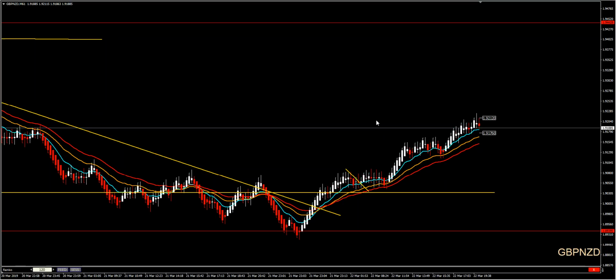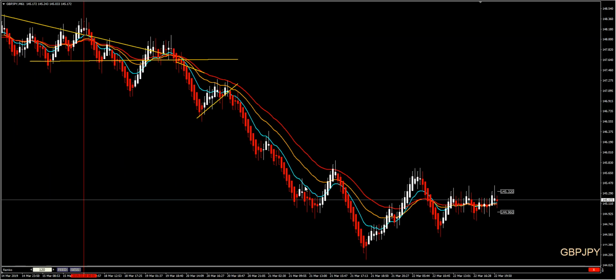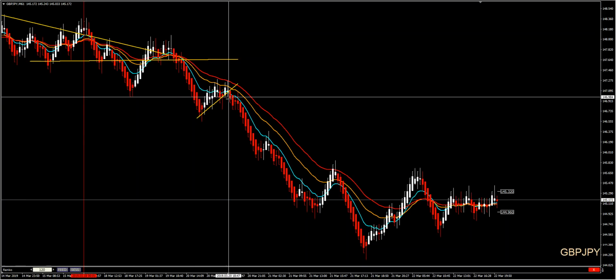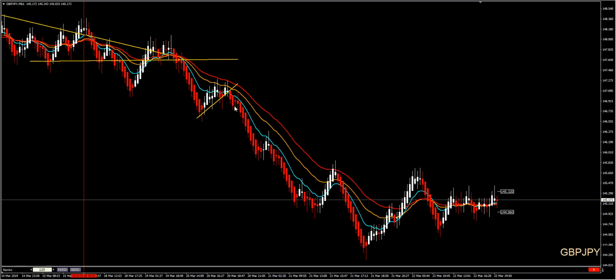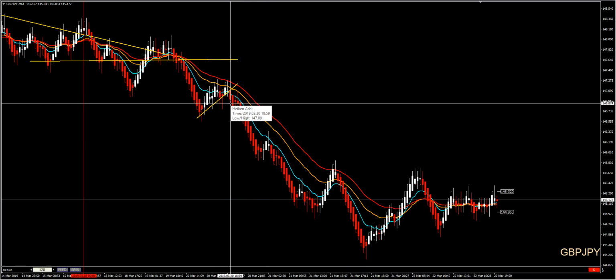And let's go to another GBP pair, GBP JPY. Also, we had here at the beginning of the week, we were waiting, of course, another opportunity to happen. We did our analysis, and of course, we were waiting for our setups. It happened. We were waiting for it. Our APO was like again 40-50 pips. And of course, you can see price moved